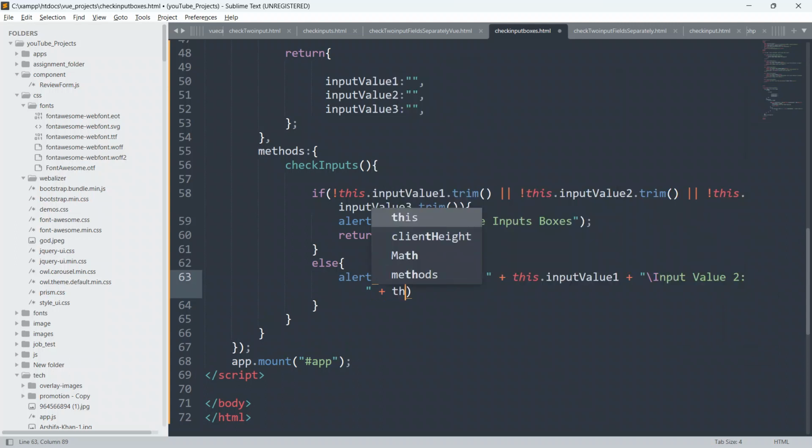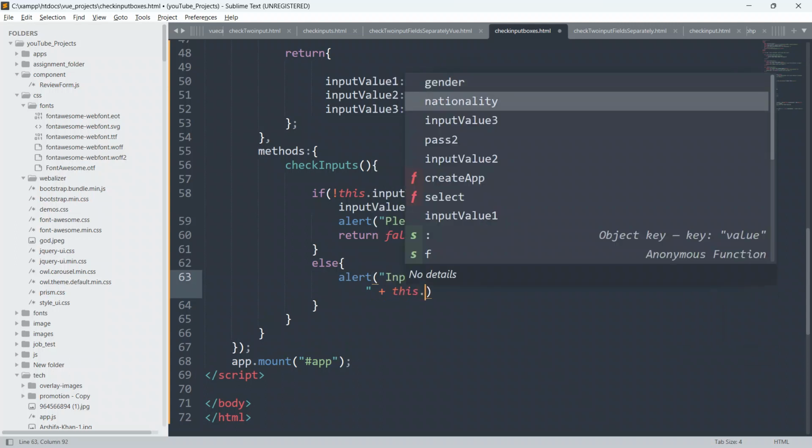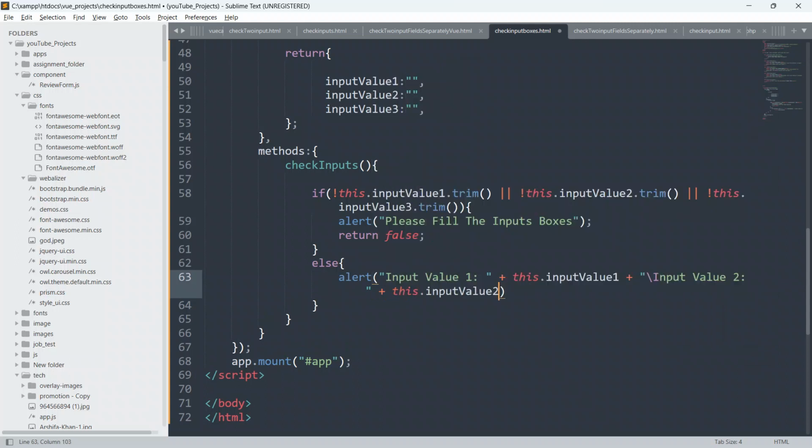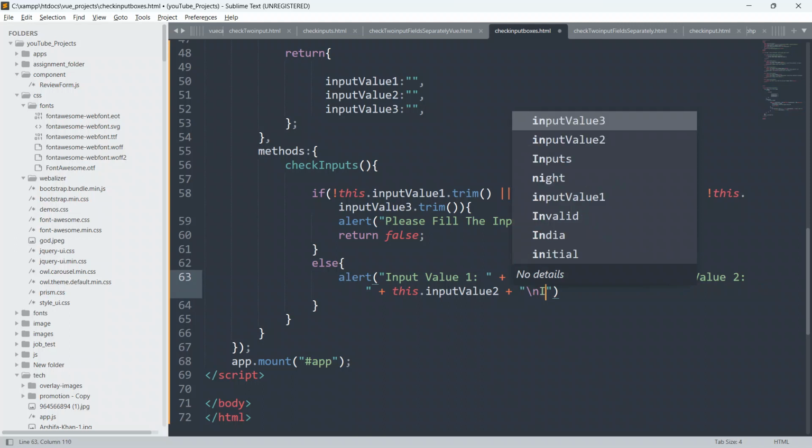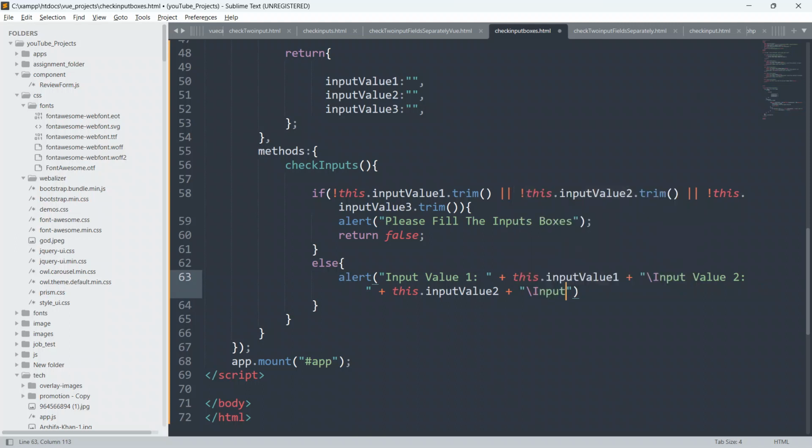I'll say this dot input value 2, and again use the plus operator and a new line, backslash n, and then input value 3, put a colon, give a space,